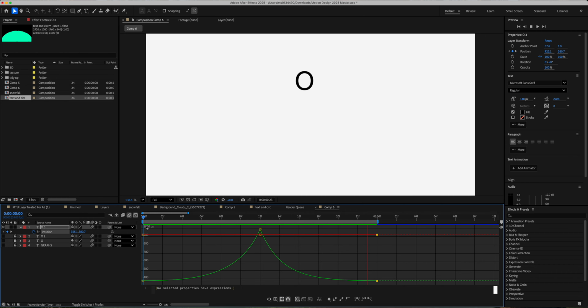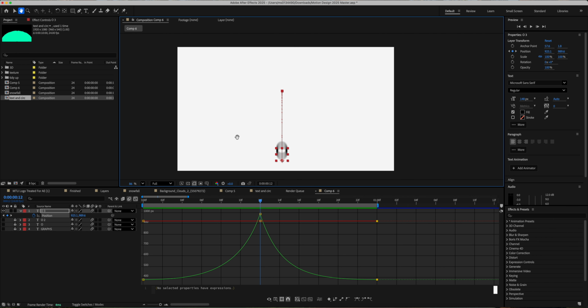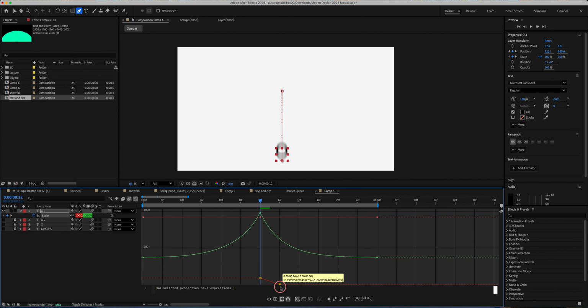And then you can start getting into your scale and stuff as we do for our squash and stretch. So we can do that next. Just going to drag up my timeline there a little bit and zoom out. And I'm going to hit the S to bring up my scale and highlight it so that it shows up on the graph. And then we're doing the same thing. We're adding keyframes through our pen tool, and we can add a couple of keyframes, and then I can hold down Command, bring down